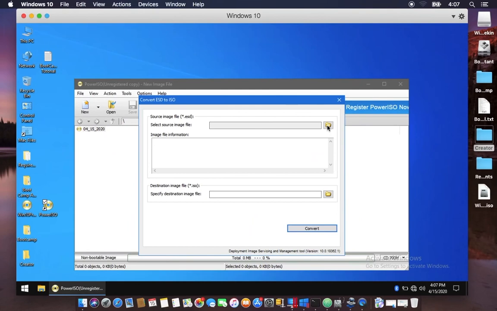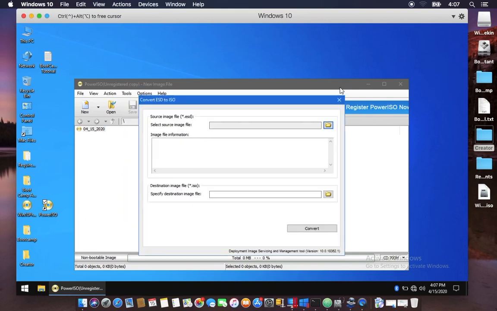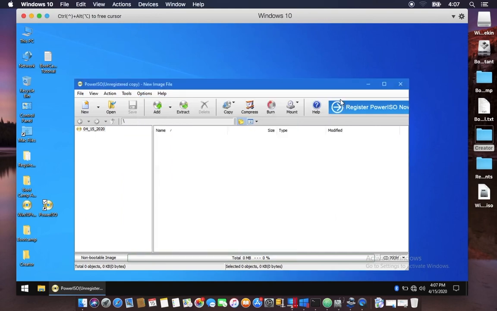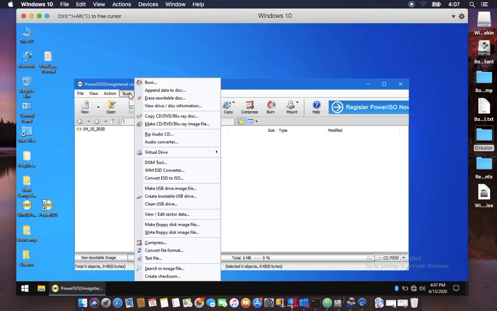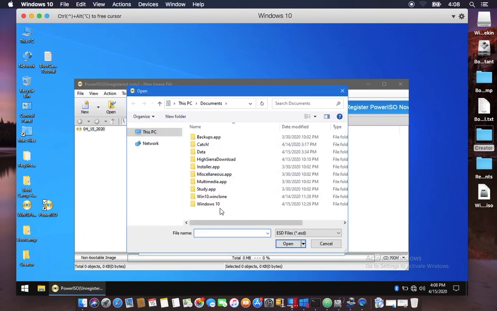Okay, just select your folder. Press Tools, then WIM ESD Converter, press this one, and now convert ESD to WIM file. Here in the select source image section, press this icon, then